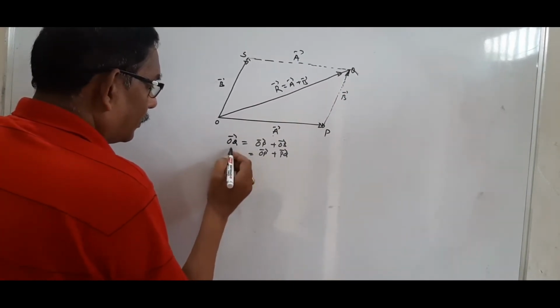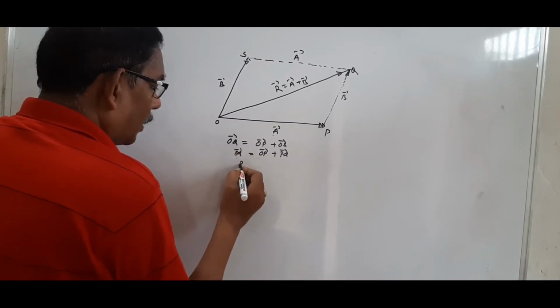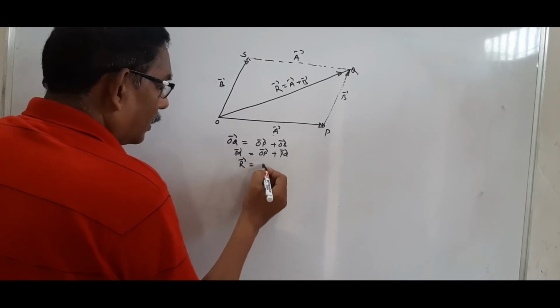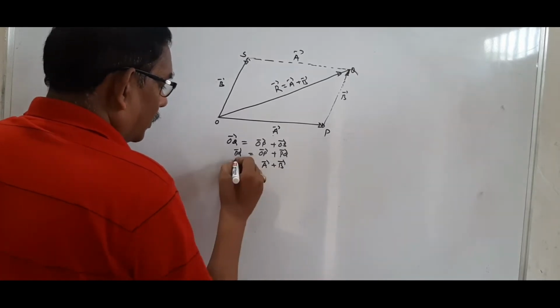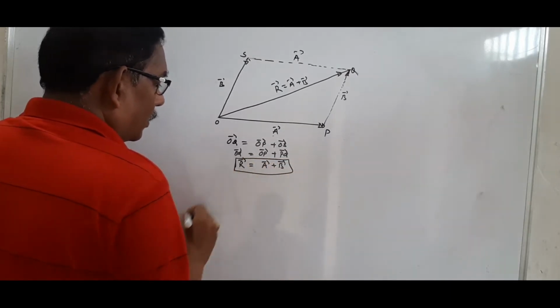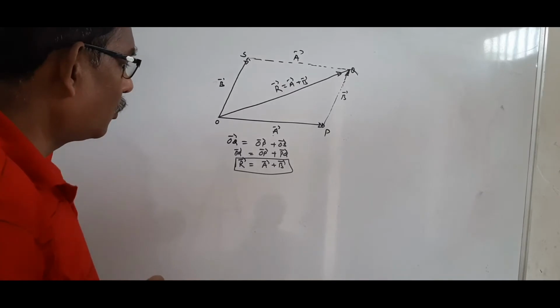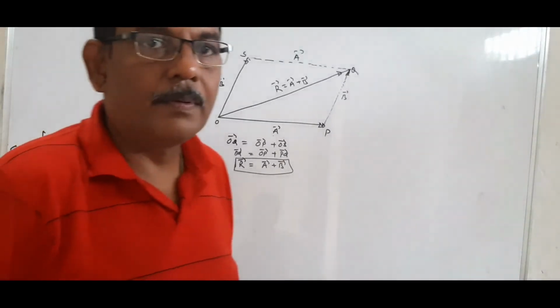So now OQ is your R, OP is your A, and PQ is your B. So in this way, you find out the resultant by adding two vectors by using the parallelogram law of vector